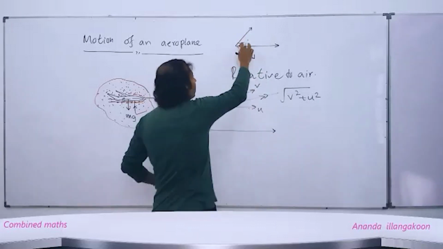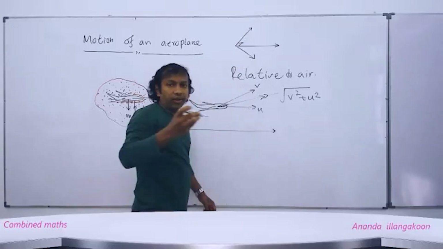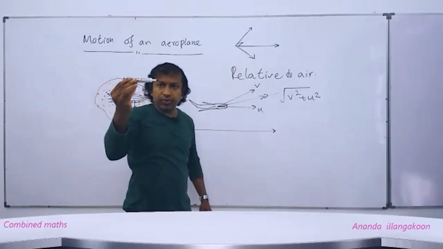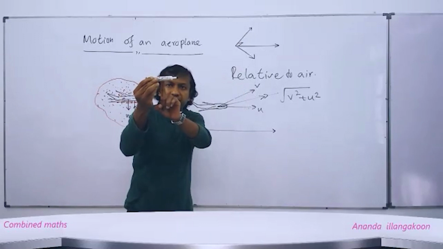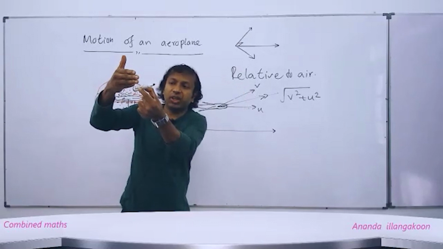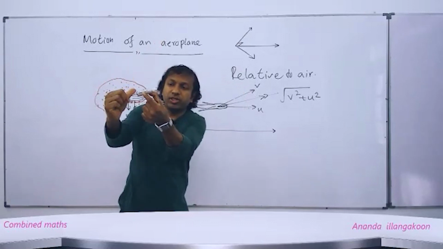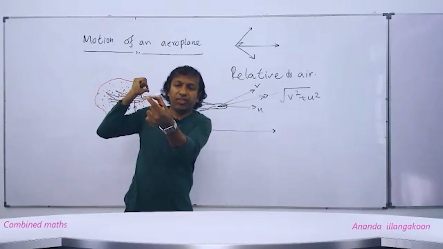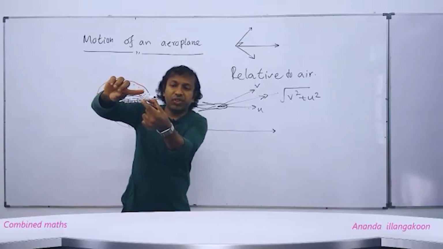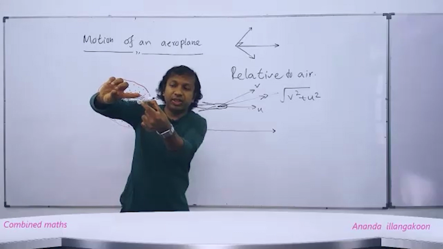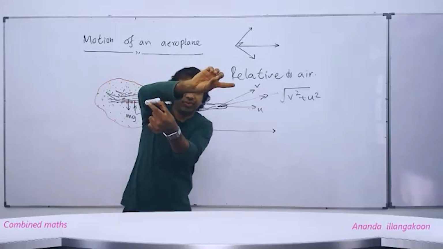Okay, now can you understand the situation? The aeroplane needs to move in this direction. Now its heading, the body, changes like this. Now the velocity of the aeroplane is along the body. Wind is blowing towards the wall. Then the resultant velocity of these two velocities will be acting along this direction. Then people,